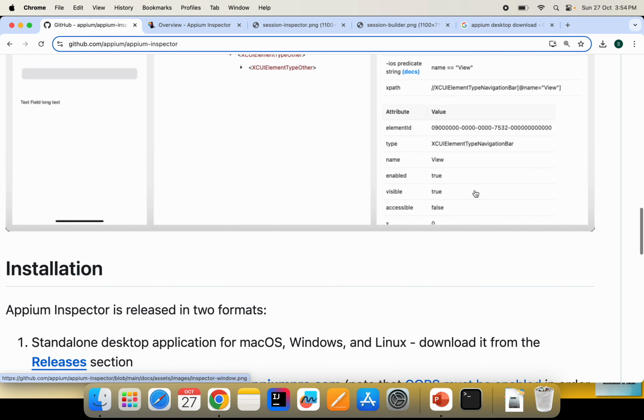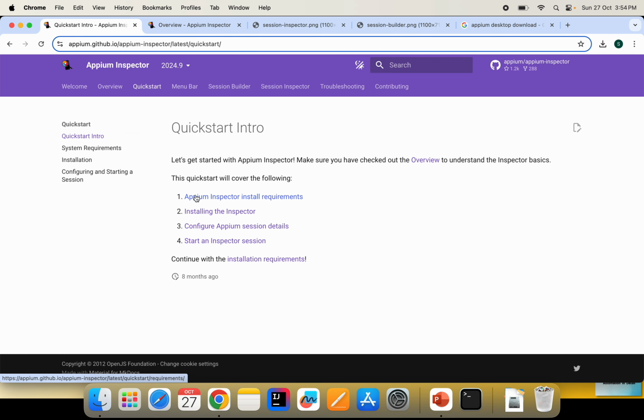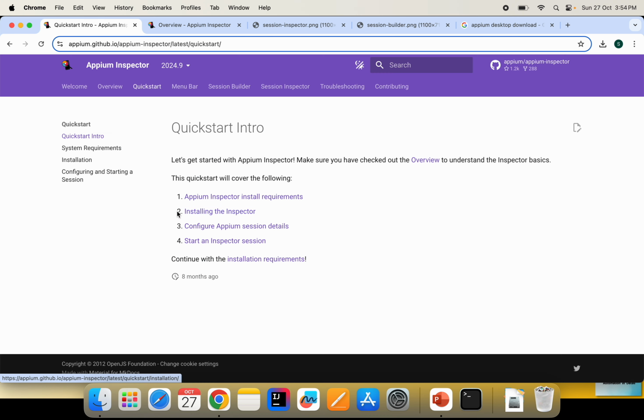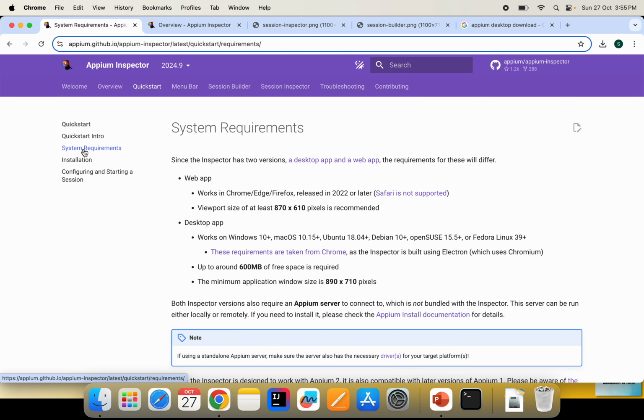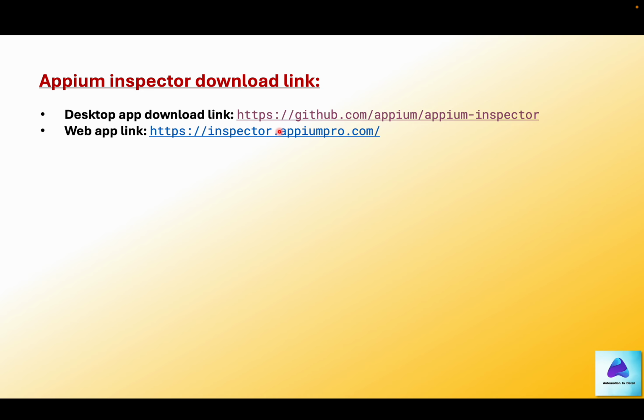Okay, now before we install we need to meet certain system requirements, which we can get from this get started section. Here it says system requirements. Here we need to click on system requirements, and here we have two versions: one is the web app and one more is the desktop app, right? So I'll show you how to go to this web app. That is simple, actually. You just have to open this link. I'll add a link to this